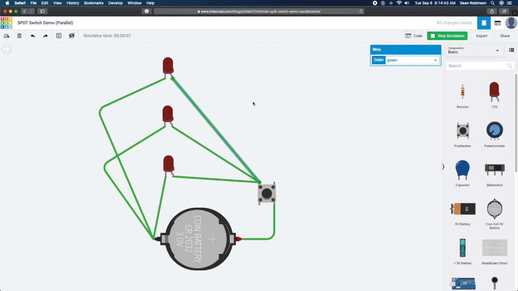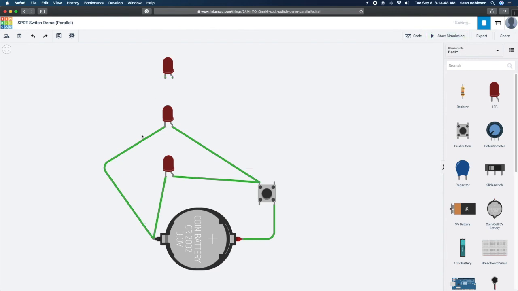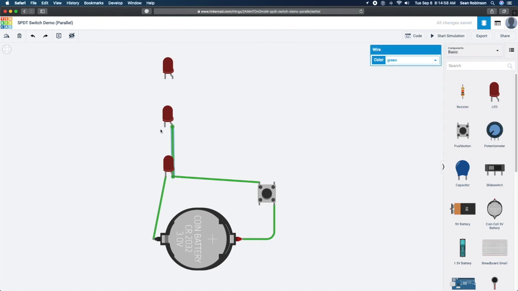Now, the practical way to wire this, and let me get rid of these wires, is instead of bringing them all to the switch, you would take this anode and attach it to this anode, this cathode to this cathode. So you're not running so much wire. Same with down here, and same with here. Oops. From here to there. And now when I start the simulation, you'll see that they all three light up the same way as before,